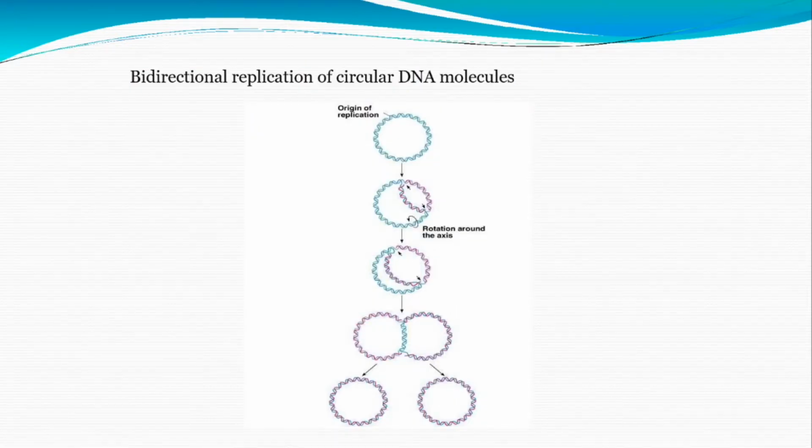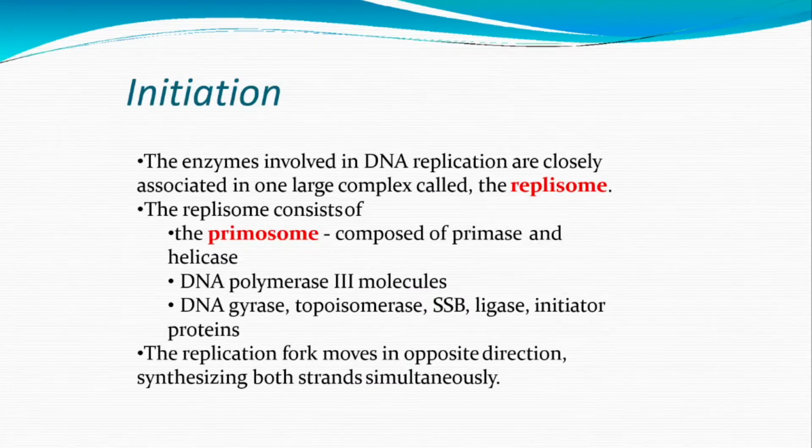Now, if we come to this initiation event, we have multiple terminologies. One is the replisome, which is the entire set of enzymes bound to the complex of DNA. And now we have something known as the primosome. Primosome is a combination of DnaB, also known as DNA helicase, and DnaG, which is known as the RNA primase. It can also contain later on the DNA polymerase III, the DNA gyrase, which is a type of DNA topoisomerase, then the single-strand binding proteins, the DNA ligase, and the various initiator proteins.